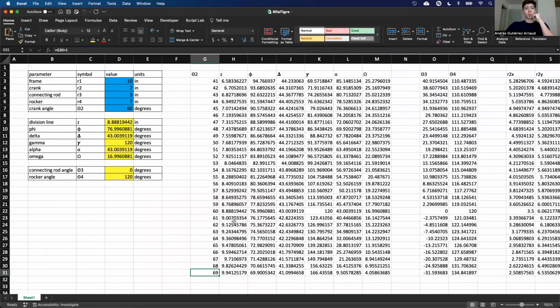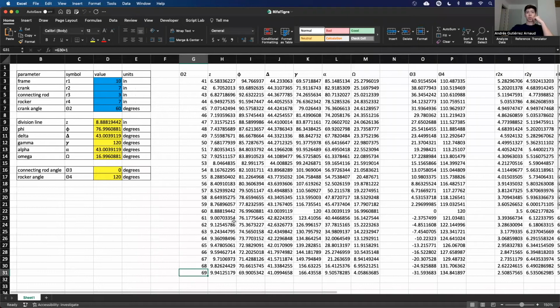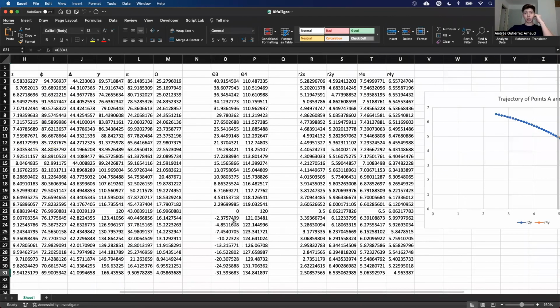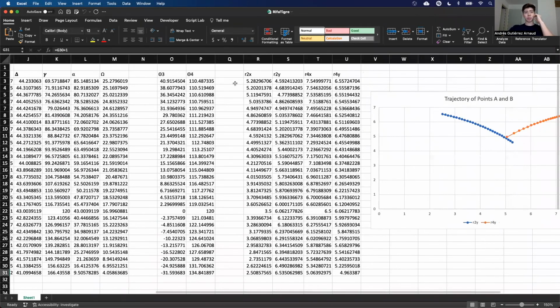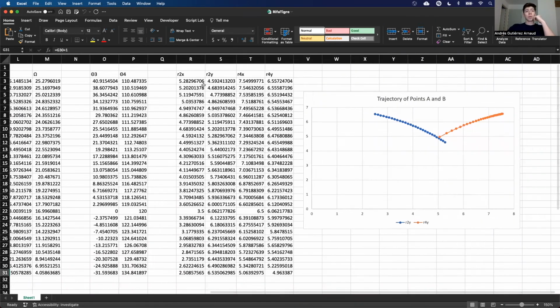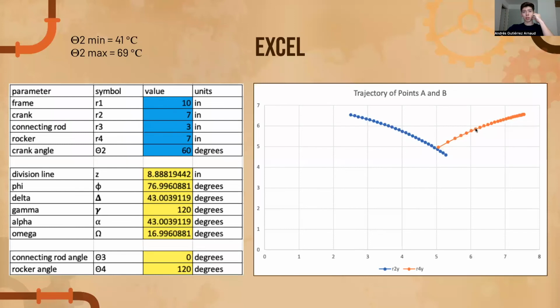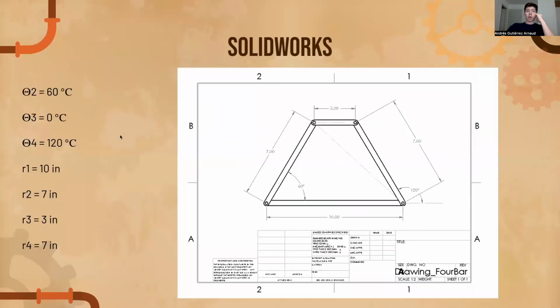So I rounded to the nearest whole number, and those are the values that I got. And then I did the calculations for the X and Y components of R2 and R4, which allowed me to graph point A and point B, with point A being the blue point, and the orange points being point B. And then this is the SolidWorks drawing, which shows us the value of theta 2 at